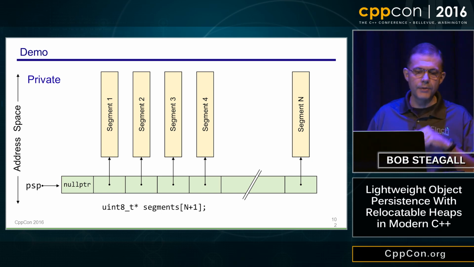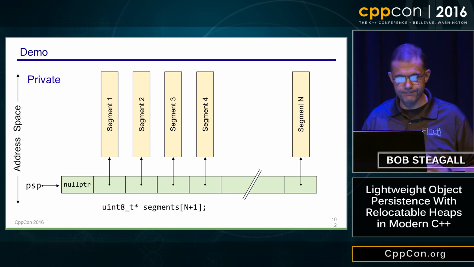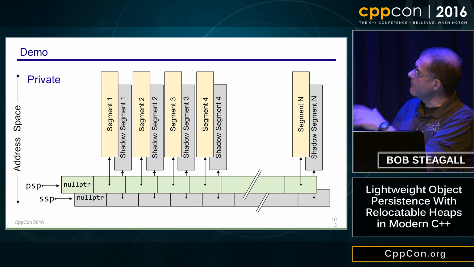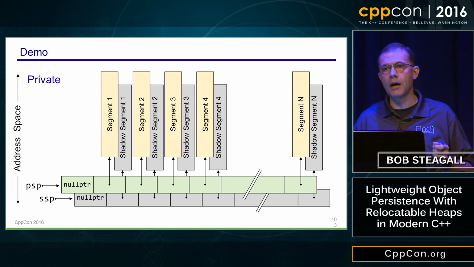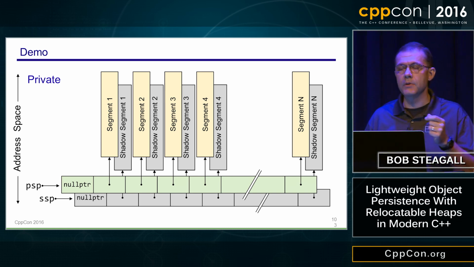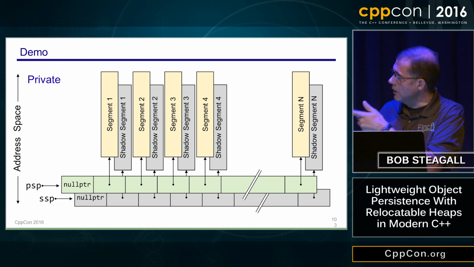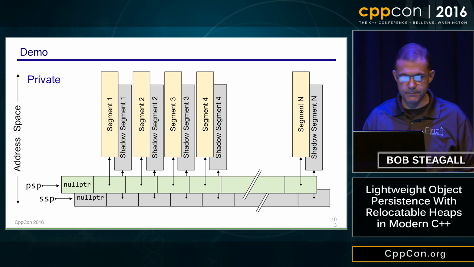So recall, this is the picture of our memory layout. And this shows our primary backbone and primary segments, and our shadow backbone and shadow segments. And as I said, swap buffers will mcopy data from the primary segments to the shadow segments. It will then swap the pointers in the backbone arrays, and we will effectively relocate the data.